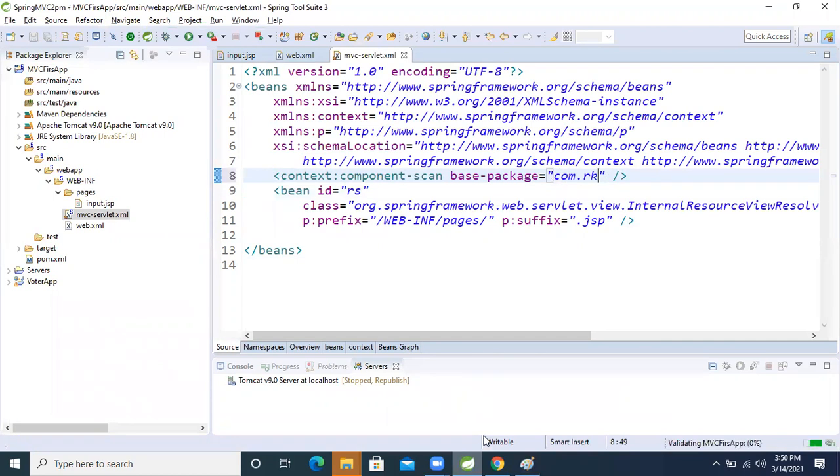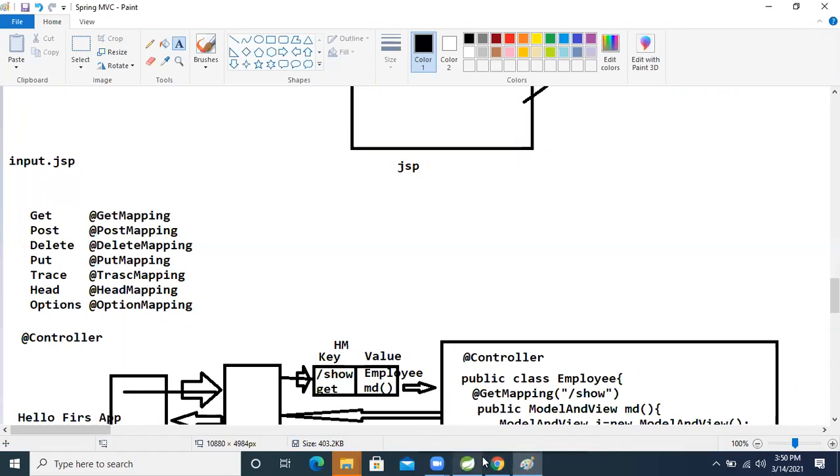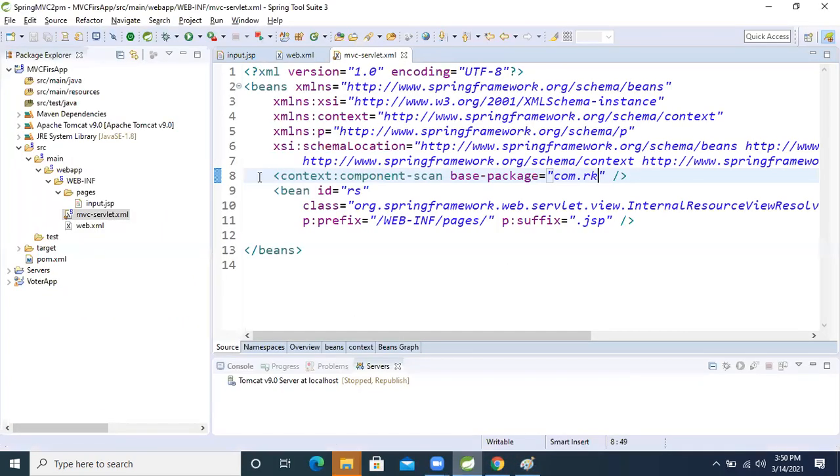If we develop using Java configuration, for that the at the rate component scan annotation is there, but to scan in an XML configuration, this tag is there, friend. Based on this tag, we will scan those child classes. Okay, now see, where is the Spring Core module not there? Everywhere I'm using only the Spring Core module. In Spring MVC, think about that. The base module is core only.